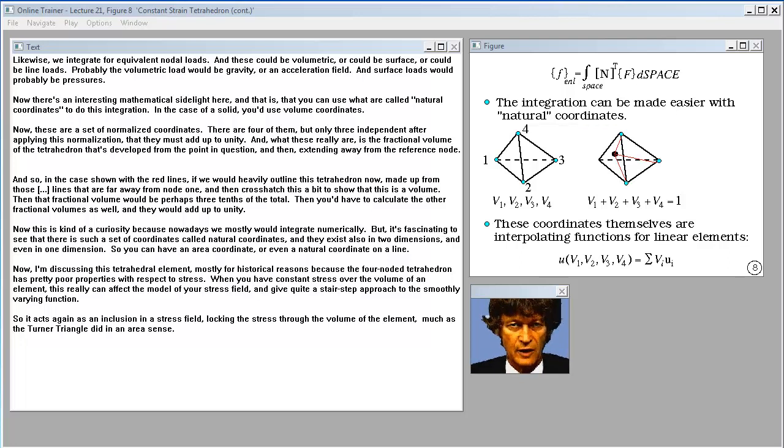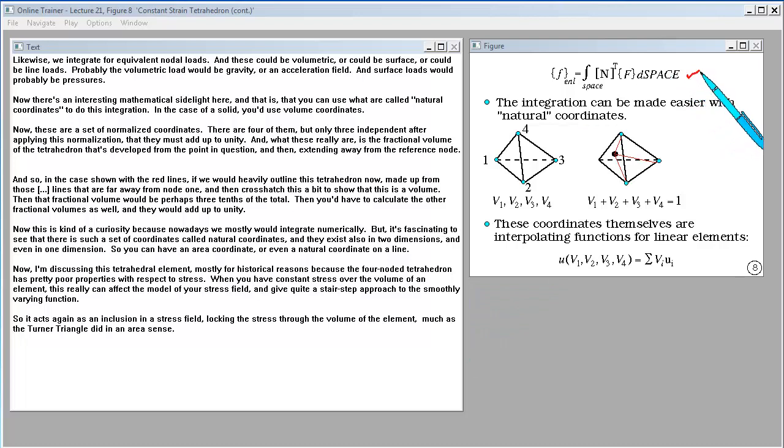Likewise, we integrate for equivalent nodal loads, and these could be volumetric, or surface, or line loads. Probably the volumetric load would be gravity or an acceleration field, and surface loads would probably be pressures. Now there's an interesting mathematical sidelight here, and that is that you can use what are called natural coordinates to